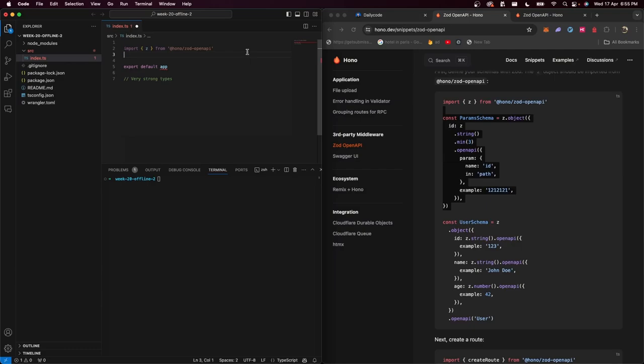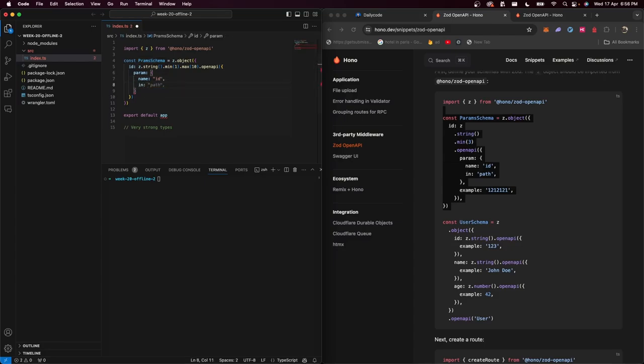Whenever my first endpoint is going to have a schema that looks like this, const paramsSchema equal to z.object. It'll have an ID, which is a string with minimum length 1, maximum length 10, let's say, and .openapi. Describe in the OpenAPI file, let's call this name id, and it's present